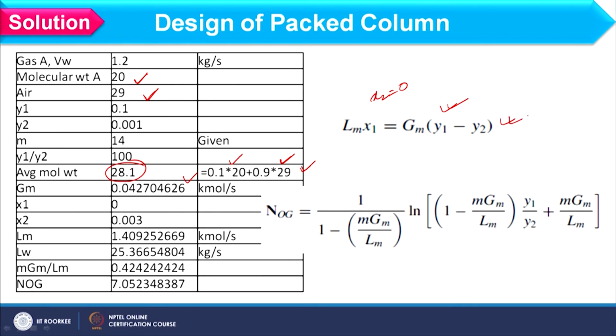So by making the balance over here we can find the LM value, and that should be 1.40325, because X2, or we can say the final concentration of gas A in liquid, is given as 0.003. Okay. So mGm by Lm we can find out, and then we can find the NOG value considering this expression,